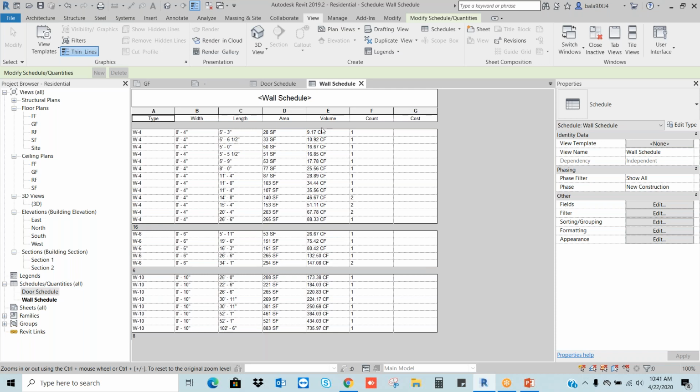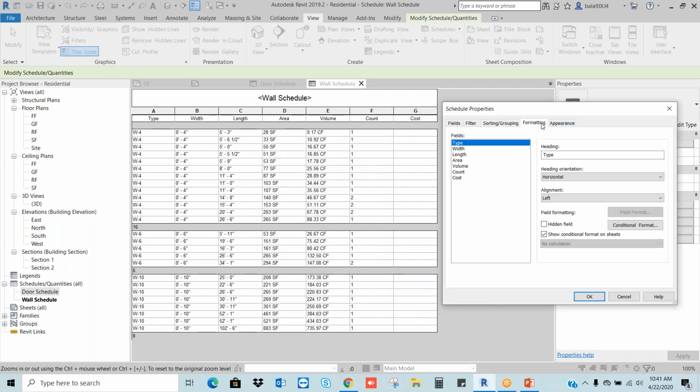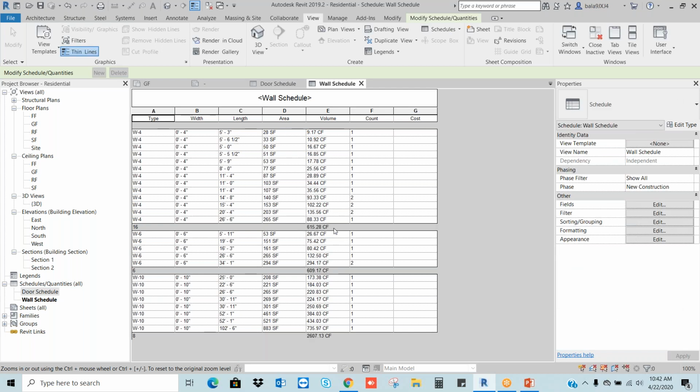Here, I want to see the total volume for the material. I will go to this field in the formatting. Okay, I need to calculate volume, right? Go to the volume. Here in the options, calculate totals. If you make it okay, here you can give the total volume of the W4 walls. Why do we need the volume for the walls? To calculate the number of bricks.